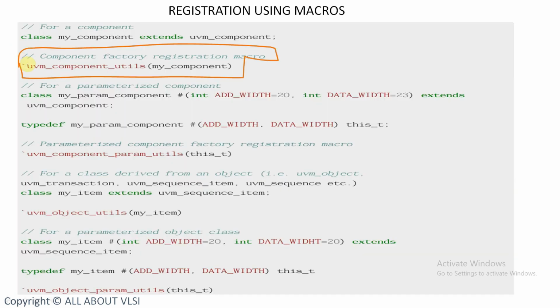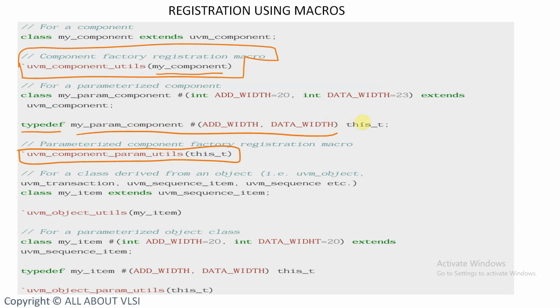For registering components, you have `uvm_component_utils`, and you write your class name. This is for your component classes. For parameterized classes, this is the syntax: `uvm_component_param_utils` with this_t. Okay. So basically you are using typedef, and this is your class name, which is a parameterized class, and you are creating a new data type this_t and using it here. Instead of writing everything inside this, or else you can write it like this also: